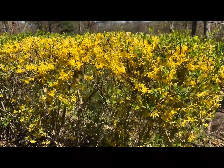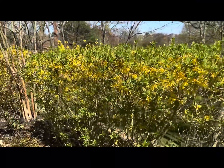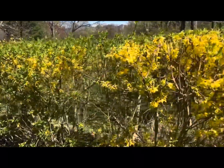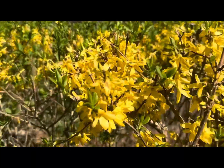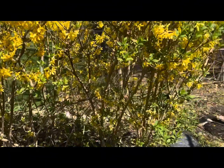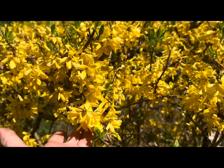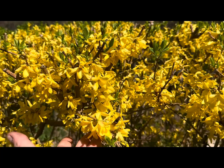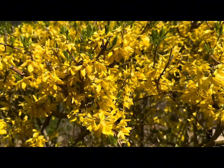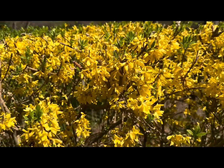A wall of beautiful bright yellow colored blooms, and all of these are from my beautiful gorgeous golden Forsythia shrubs. Each of them is covered from top to bottom with beautiful, almost banana yellow colored blooms. I am in love with these shrubs. Why? Because they're one of the very first shrubs, or plants for that matter, that wake up from dormancy and